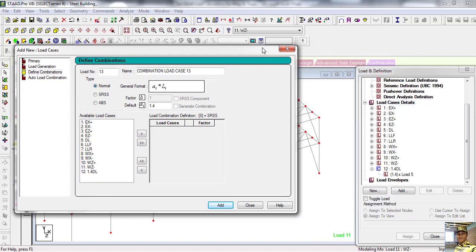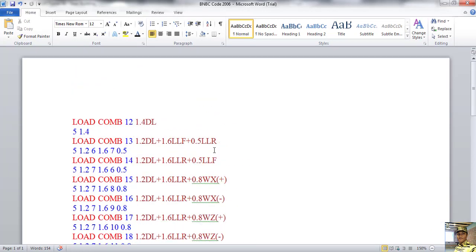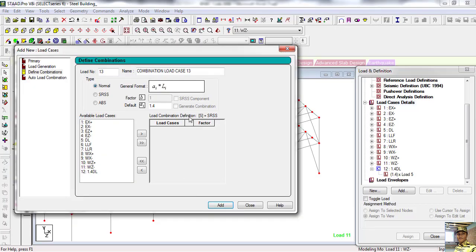Now see, our 12 loads are here. Same way, I previously selected load combination 1.4 dead load, and same way 1.2 dead load, 1.6 live load, and 0.5 live load roof. So Ctrl C and put here Ctrl V. So what we'll do, 1.2 dead load, so select this one and select this one.